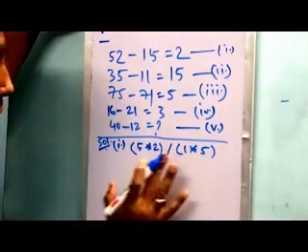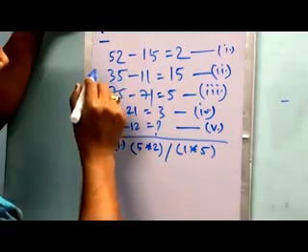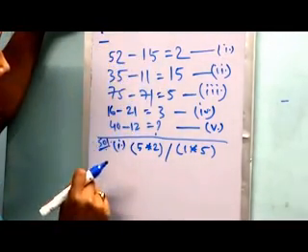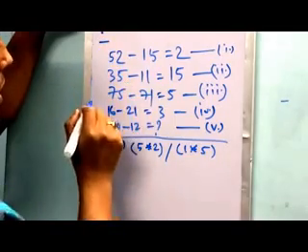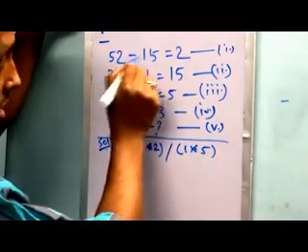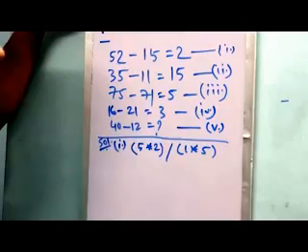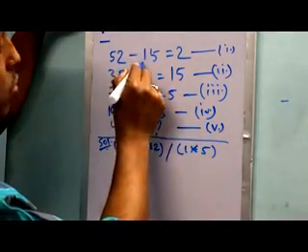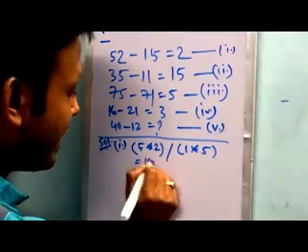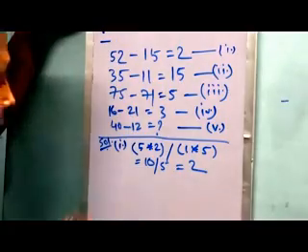So what is the actual logic? What is the trick? The trick is just think of every figure as digits. That is, 52 consists of 2 digits, 5 and 2. Similarly 15, think of every number as a combination of some digits. That is the trick. 15 is a combination of 2 digits, 1 and 5. So what do we get? Just multiply 5 into 2 equal to 10, divided by 1 into 5, 5, equal to 2. Got it?